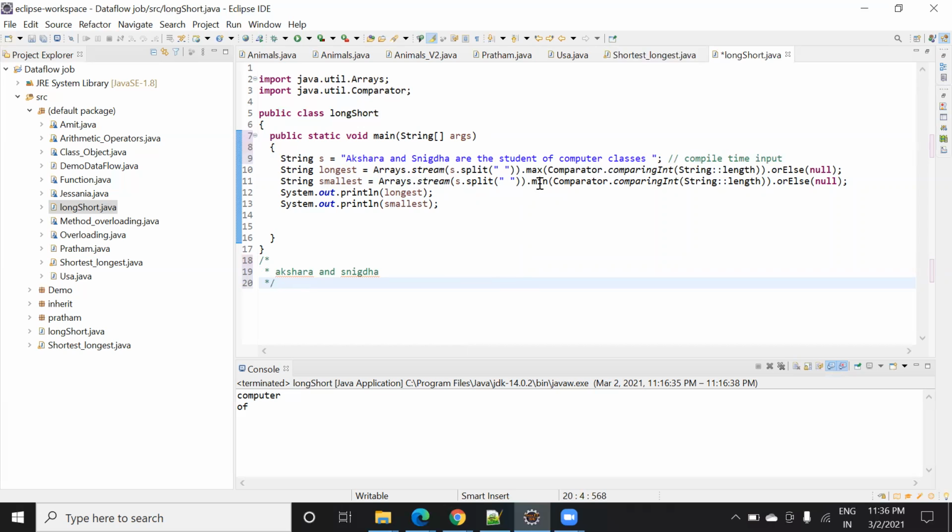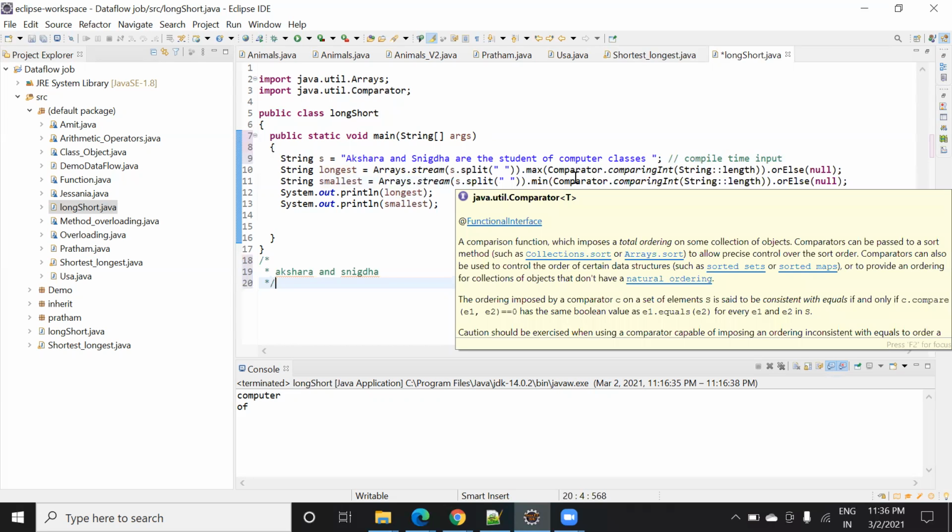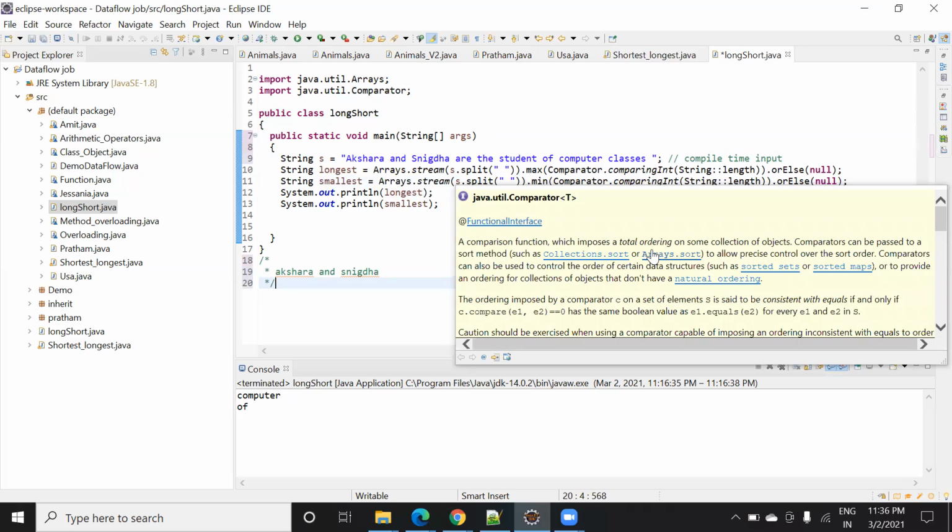After this, dot max. Comparator is a library which is used to compare objects. You can see here a comparison function which imposes total ordering. It will order on some objects, meaning a group of variable strings, it will compare them. So this comparator is used for sorting or ordering, to arrange in some order.